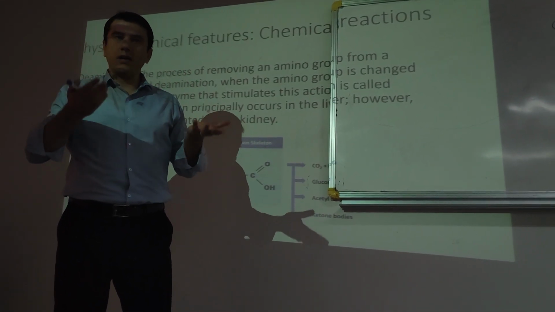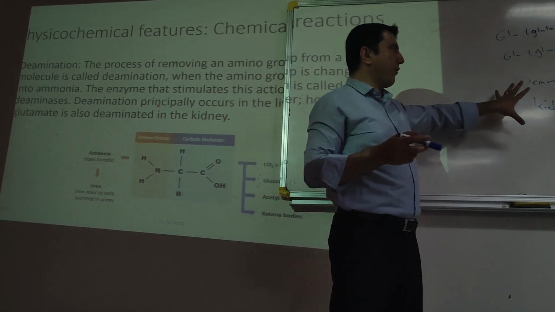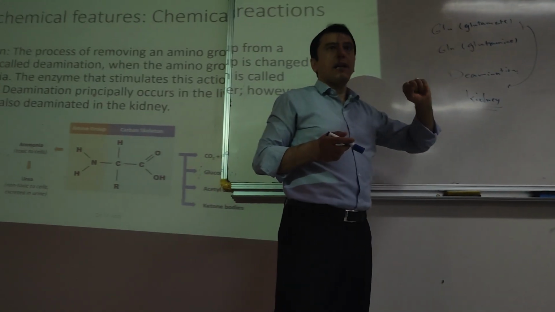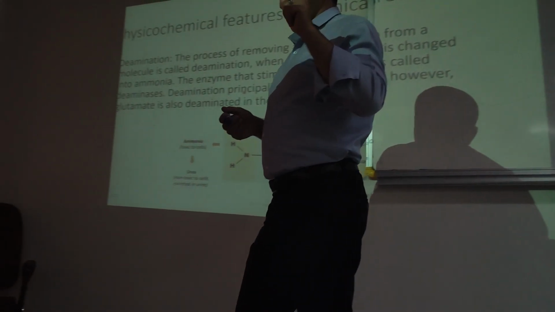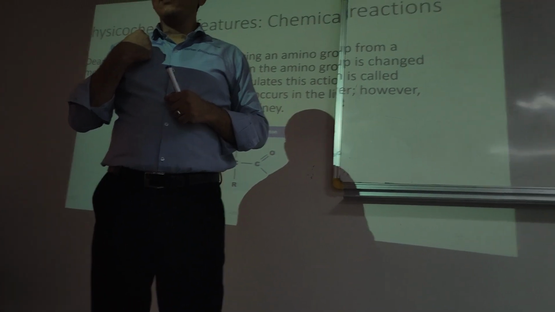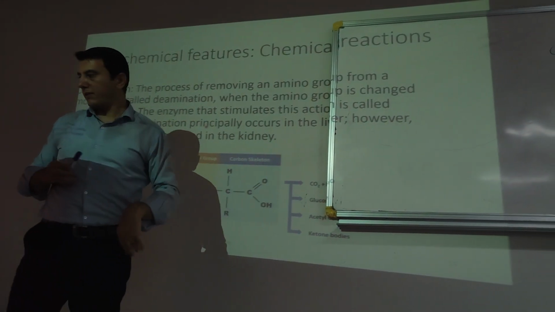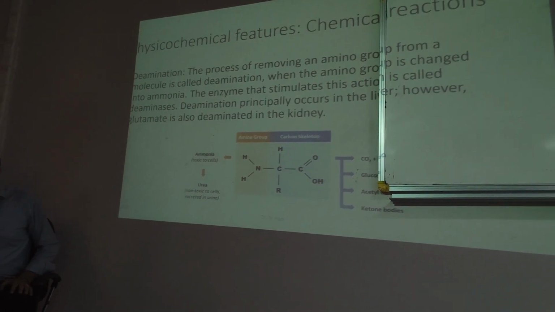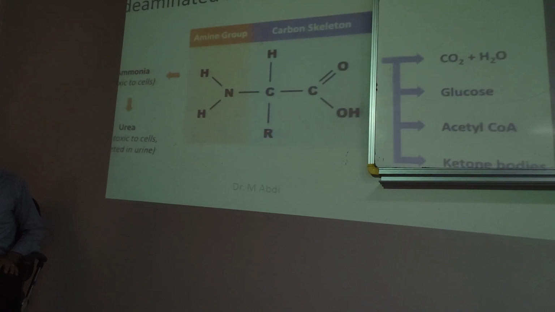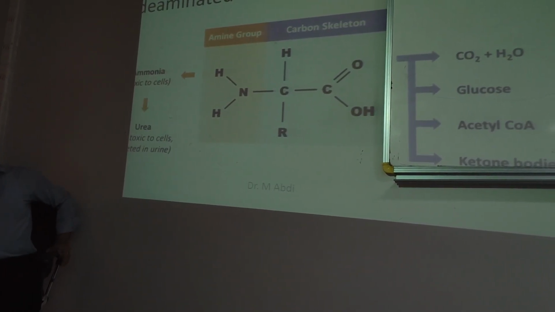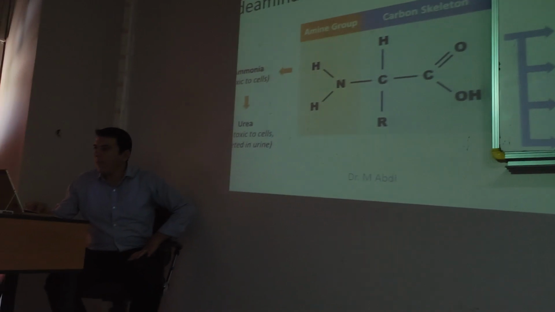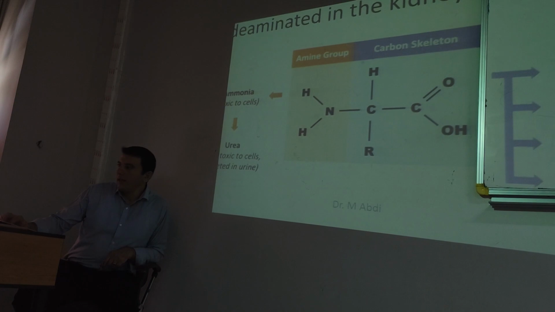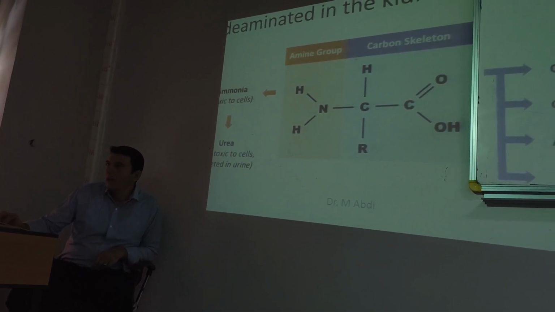Here is another example of deamination in the kidney, just for two amino acids: glutamine and glutamate can also be deaminated in the kidney. So please note these pictures. About this image, as you can see, when the amine group is removed,